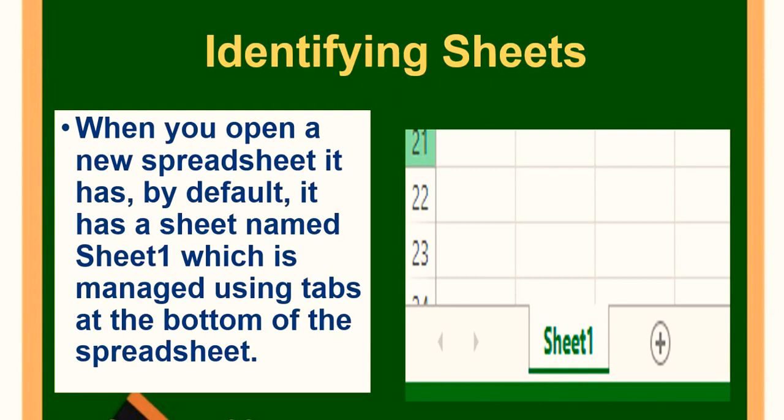If you want to add more sheets, the numbers will be consecutive: Sheet 1, Sheet 2 and Sheet 3. The tabs at the bottom of the spreadsheet are called the sheet tab. This sheet tab is used to manage your sheet names. If you want to add a sheet, all of this can be done by using this sheet tab.